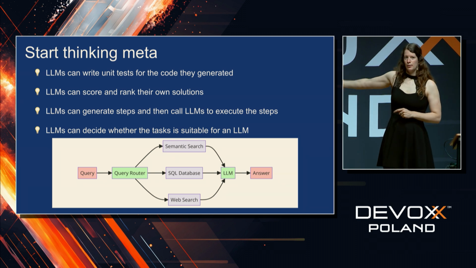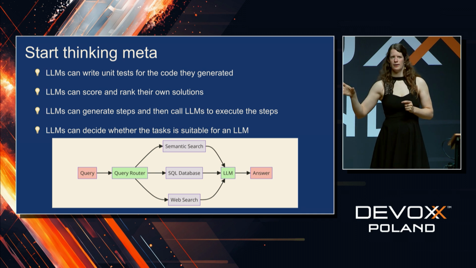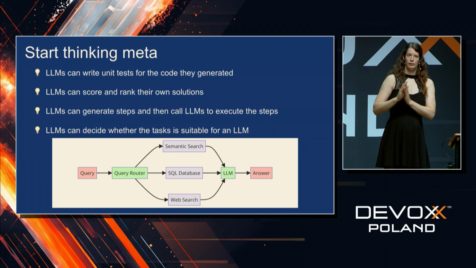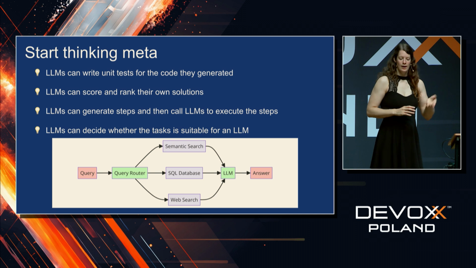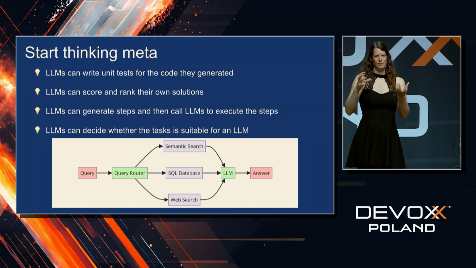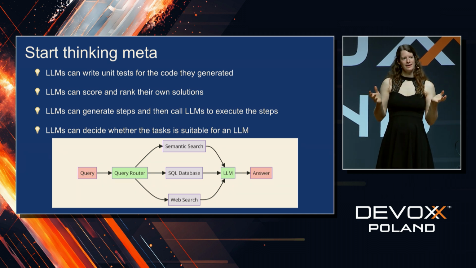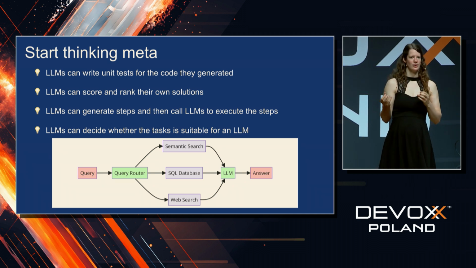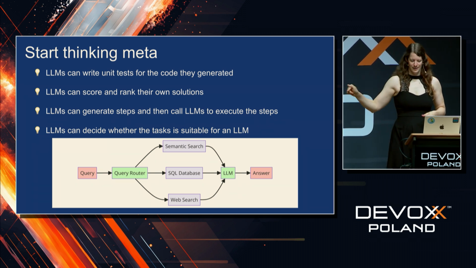And that's where you can have a query router, where the LLM itself can decide, oh, should I go look in my database to find the answer? Because I know the database schema, so I know I will find it in there, and I will write a query for it. Or should I go look on the web? Is this something recent or something that's not in my database? And then it will write your web search query also. Or it can do a semantic search, which is the typical retrieval augmented generation for the ones who have heard about it. It goes and searches things in your documents that resemble the meaning of the question. So that might be very relevant. And the LLM itself is also smart enough to route this.